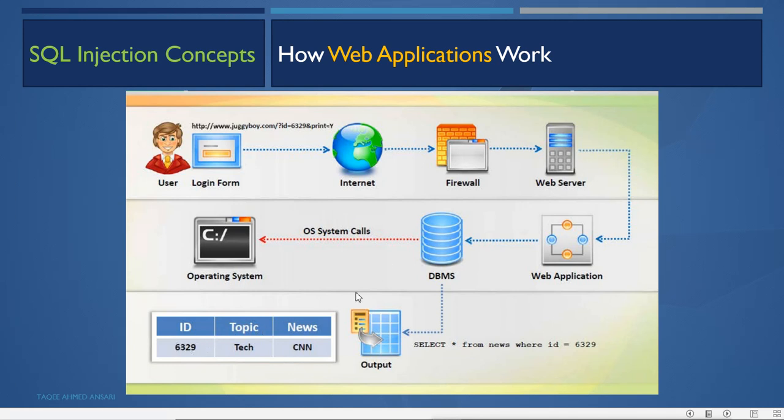Now to get the data, store the data, or modify the data, in these database servers we have a specific language, and that language is called SQL, structured query language. This language is used to create databases, create tables, update tables, add entries into the table, remove entries from the table, and also get information from the table. And for that we use these kinds of queries.